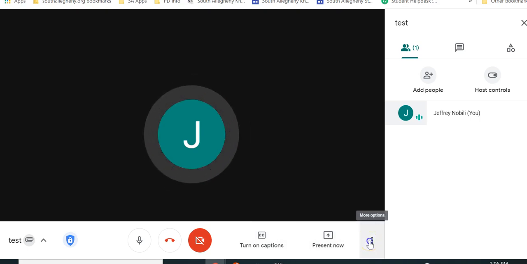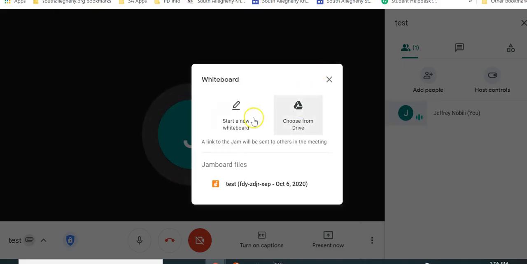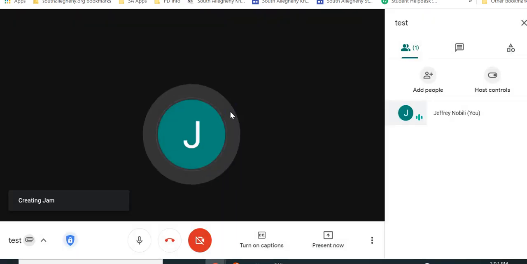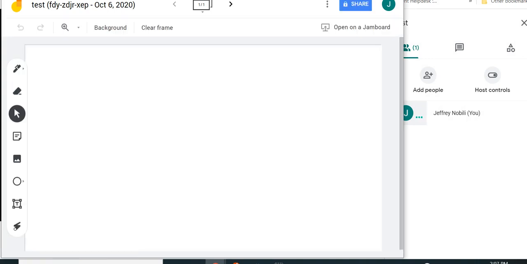Under the 3-button menu, there are a couple items that you may be interested in. First is the inclusion of a whiteboard. If you open a whiteboard up, you could start a new one or choose a former one from your Google Drive. If I start a new whiteboard, you will see that it gets created, and inside of this document you can write,